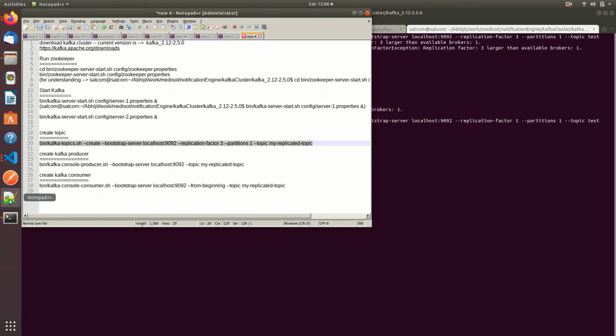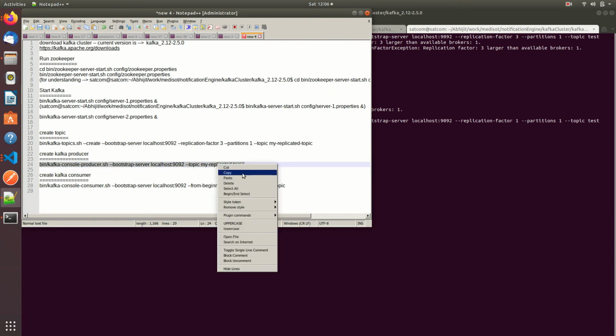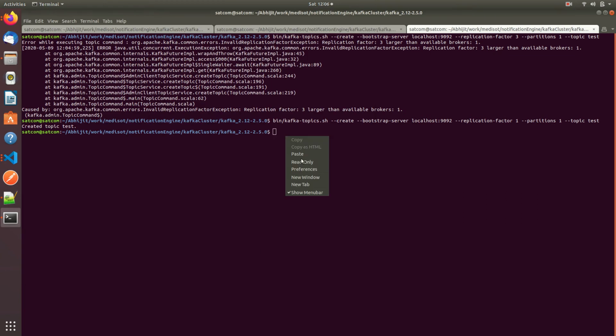Suppose for the Kafka producer you need to run this command. To run the Kafka producer, the topic name is test. So bin kafka-console-producer, Kafka 9092, topic is test.